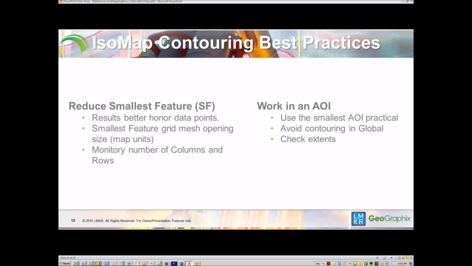And when you adjust it, monitor the number of columns and rows in the resulting grid. Also, be sure to work in an AOI. Use the smallest area of interest that best fits your data. Avoid contouring in global. Use a regional AOI instead, but if you absolutely need to contour in global, be sure